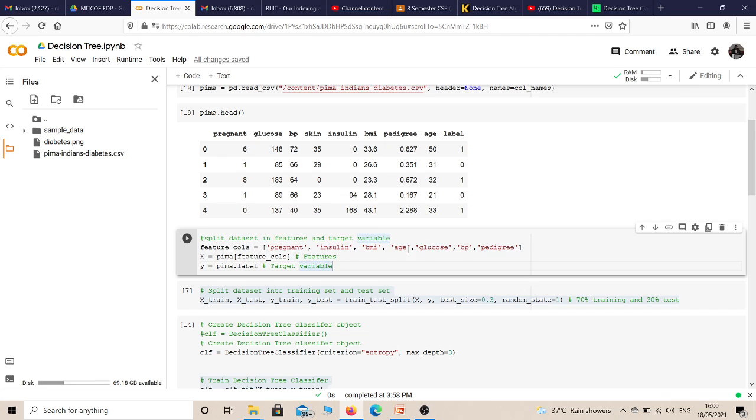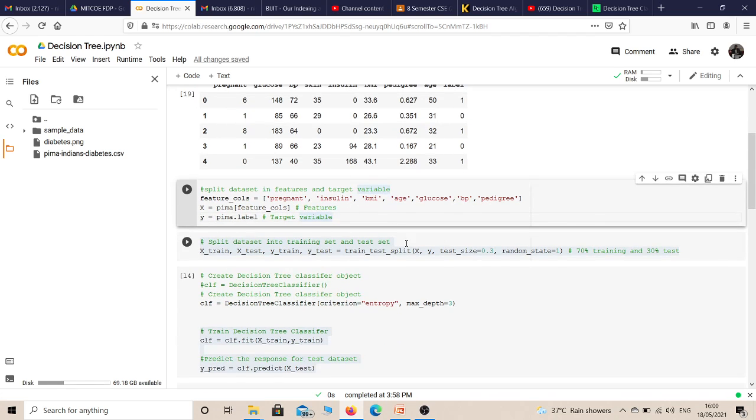I have stored all these attributes in the feature columns and stored them in x, and y equals PMR dot label. So the PMR dot label is stored in y, and the rest of the 8 attributes are stored in x. My x represents the independent variable, where y represents the dependent variable. Based on the value of x, I need to predict the value of y, that is, whether the person is suffering from diabetes or not.